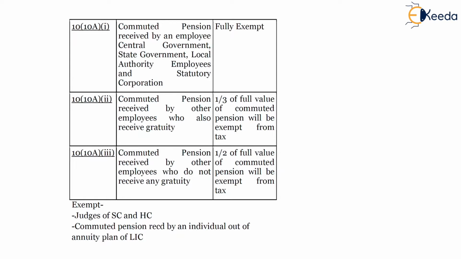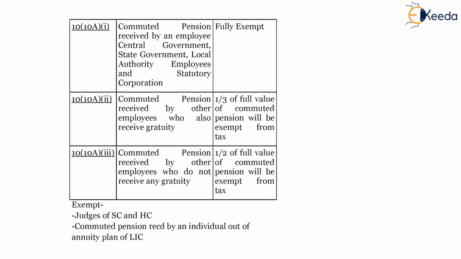So friends, what will happen is, let's say the total pension amount is 100. Out of this, the employee decides that 80% of the value should be a lump sum withdrawal and 20 rupees should be the uncommuted portion. Then in such a case, 20% is the uncommuted portion that will be taxable in the hands of the employee, right? And friends, on the 80% we have to calculate the exemption amount.